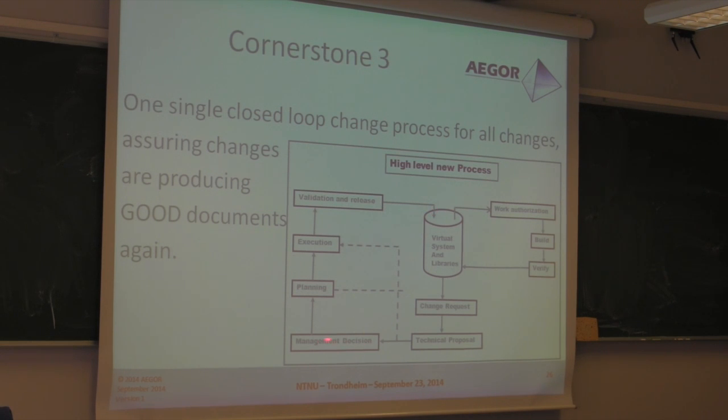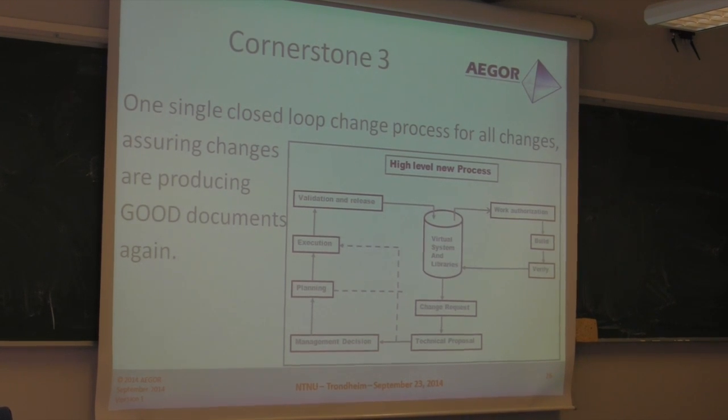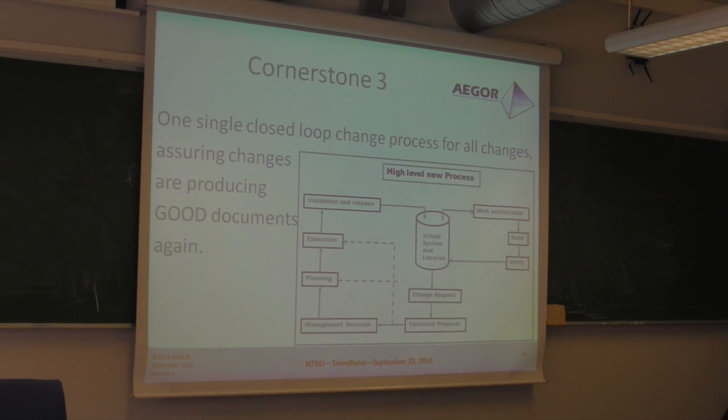You cannot send every decision through the management board. You have a short circuit for changes with less impact on everything, and for administration reasons you put a lot of small ones into the big ones, so you can trace everything back. But this is then a fast track with some other things. But in fact, you have the same loop for all changes, and not multiple change processes with multiple people who have decisions about it.